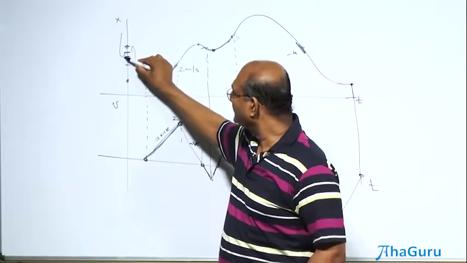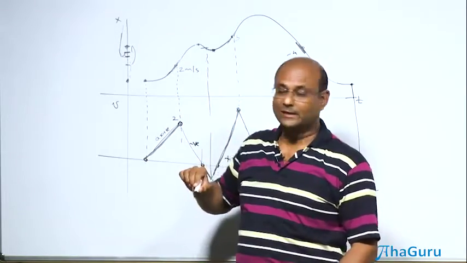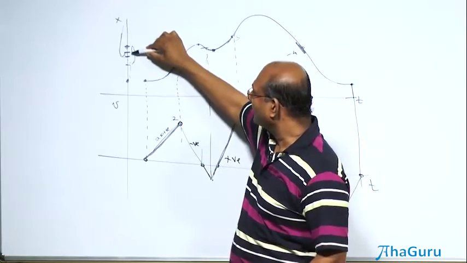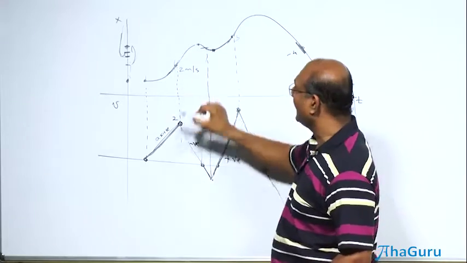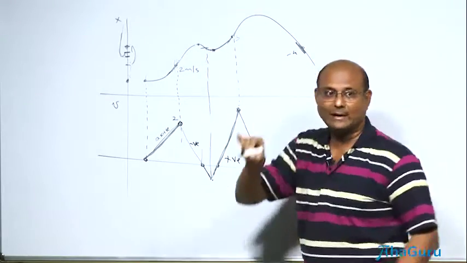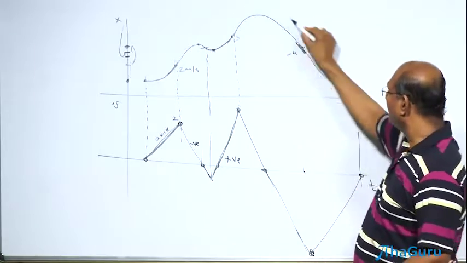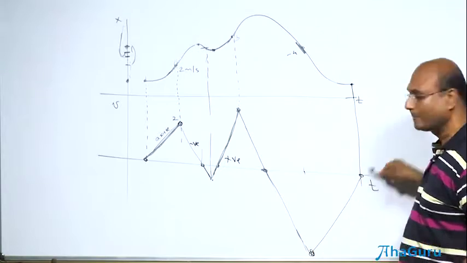Okay, if all this time it was the same acceleration. All this time it was the same acceleration. This was a different acceleration, this is a different acceleration. From here till here one acceleration, from here to there one acceleration, from here to here another acceleration, and then from here to here another acceleration. You can see those as straight lines.